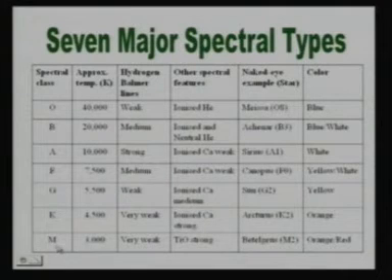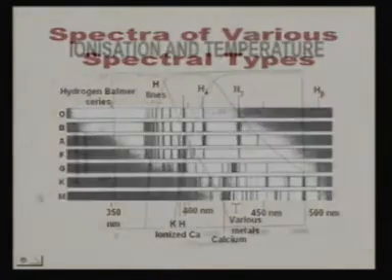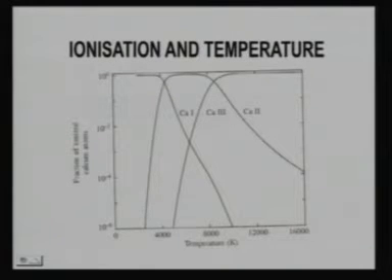When we come to M, the temperature is so low that even the molecules cannot be separated into atoms. So molecules exist there, such as TiO in this case, and they have their bands in the spectra of these stars. Now you see that it's a whole series coming from O to the later classes, and the spectra become more and more complicated or complex as you go from O to M, because more and more elements are found which can emit their lines in the visual region.